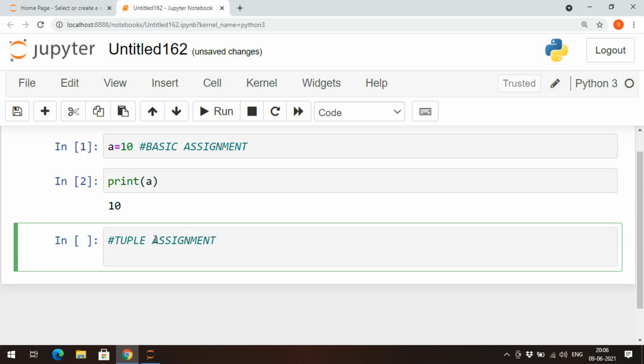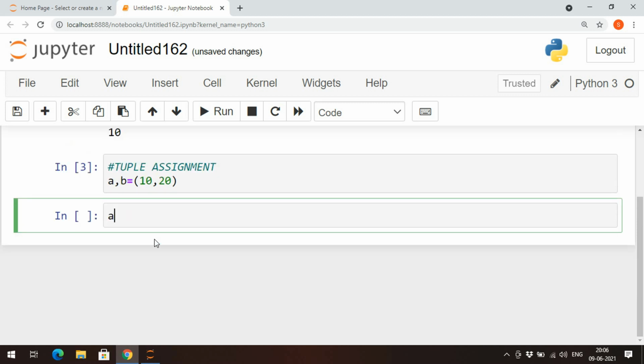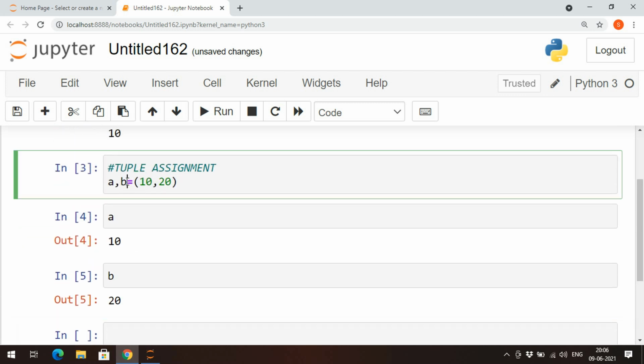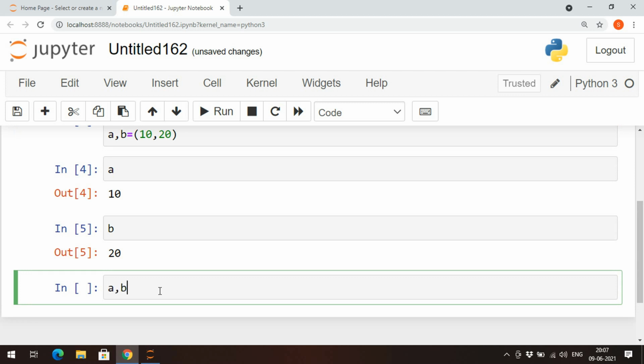So we can assign the values with the help of a tuple, right? See, for example, a comma b is equal to, so take two variables, a and b, and you can assign two values by using a tuple. So give 10 comma 20, so that a will have 10 and b will have 20. So on the left hand side we are giving multiple variables and we are giving multiple values in the tuple format. And see, if you give a comma b, two variables, and if you give three values here,